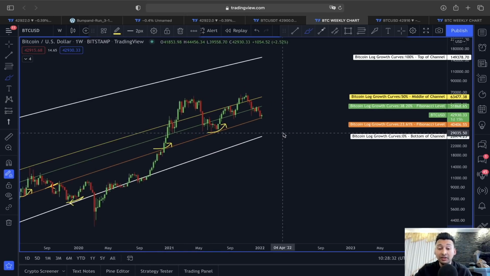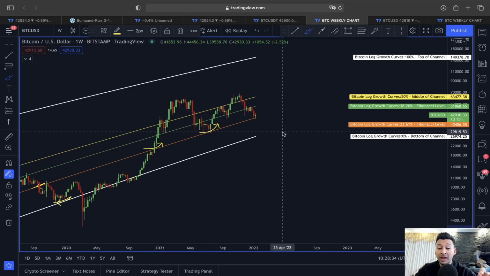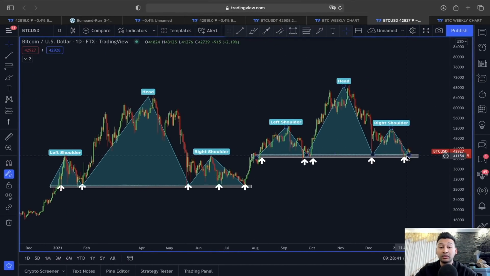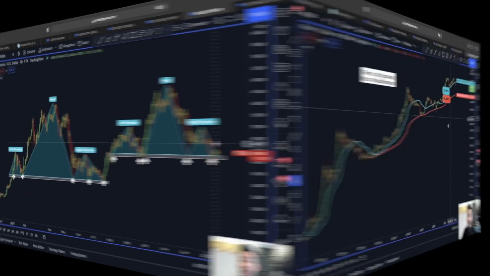You can see the bottom line of this Bitcoin logarithmic growth curve, which could be very, very bearish. So that is the reason why we said 40,000 must remain. And not just that, also from this head and shoulder scenario, the neckline, which is holding the price around this 40,000, should not be broken. And now let me show you an actual bearish scenario. What could happen if the 40,000 support is going to break for Bitcoin?